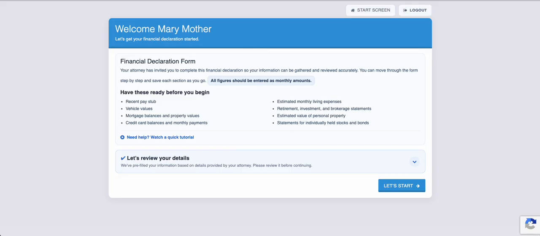Some very important information here about how the financial declaration is going to be put together. The link for the tutorial that you clicked. As you work through this, we want to make sure that any amounts that are being entered are done in monthly amounts. And here is a list of items that you will want to have available to you that's going to help give you the information to complete this